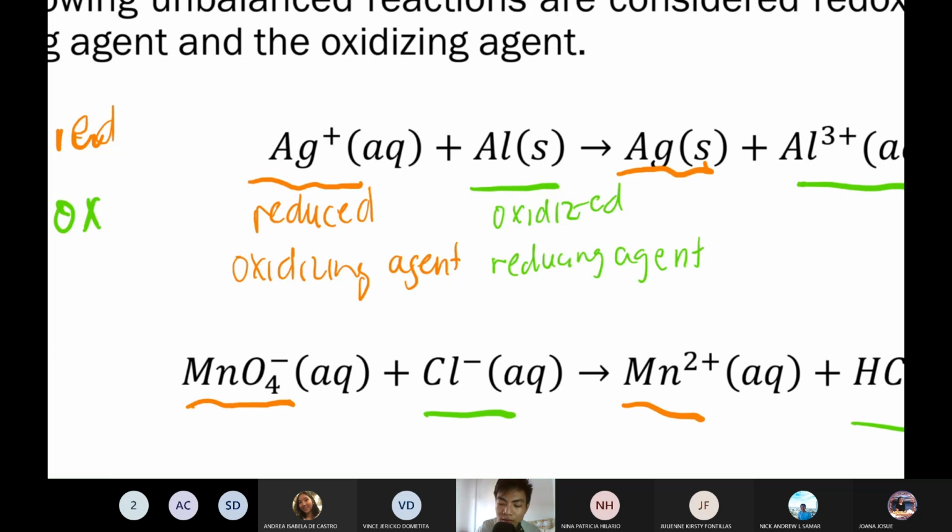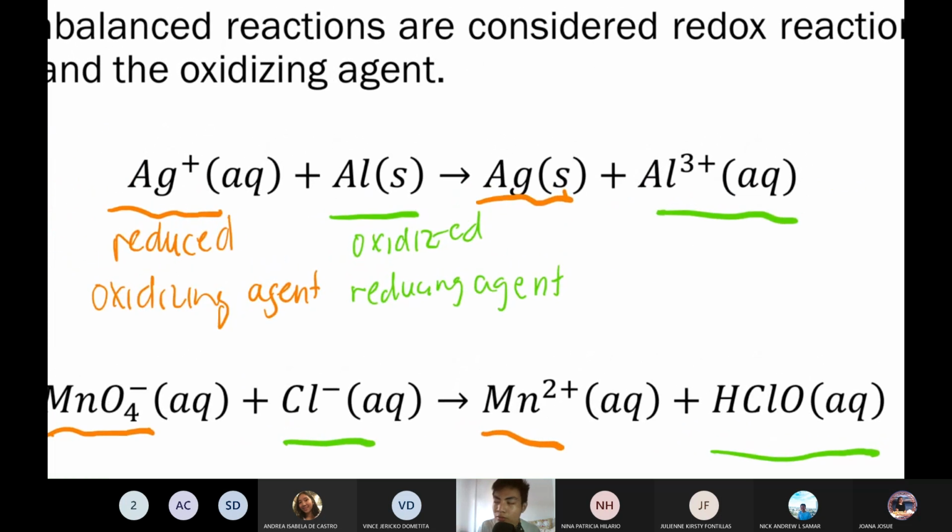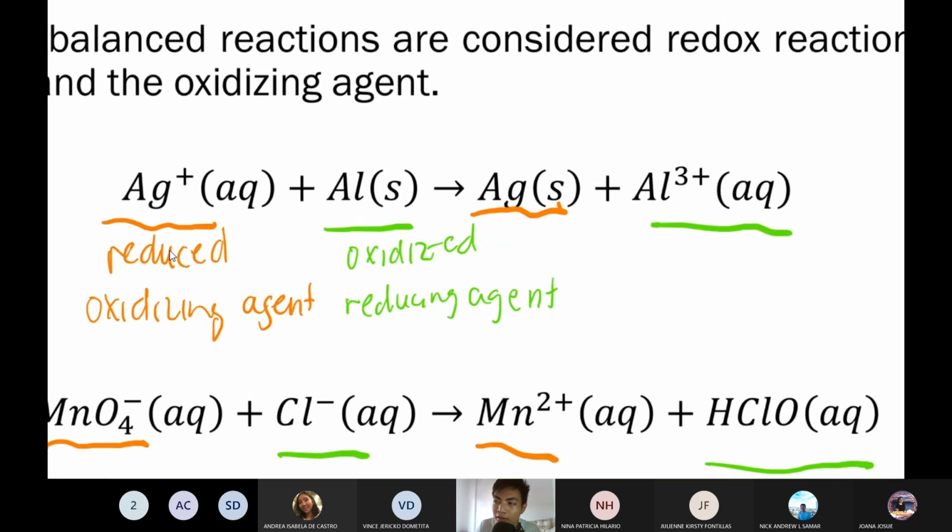Ganun yung trick dito pag quiz. Gagawin ko, ito yung choices. A, B, C, D. What is the reducing agent? Maeeliminate mo na yung dalawang answers, kasi yung nasa product side, walang tawag sa kanila. Yung nasa reactant side lang yung may tawag. Either siya ay oxidizing agent or reducing agent. So, ganun gagawin nyo pag nasa quiz nyo. Yung dalawa na makikita mo sa product side, discard mo na yon. So, you will be left with 2.